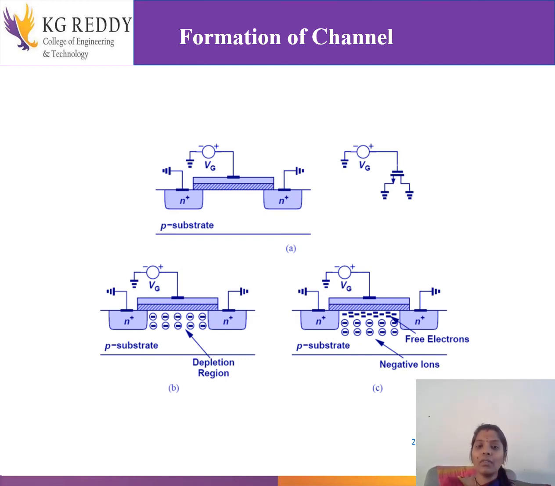Okay, so till now what we have observed is that we were only increasing the gate voltage, right? Then what about the drain voltage? Because we say it is a unipolar device, that means only one type of polarity is playing here. Only one polarity is moving in the device, correct? So this is one point why it is called a unipolar device. And second, till now you can observe that the drain and source are grounded. We are only applying some gate voltage, as we have observed here, right?